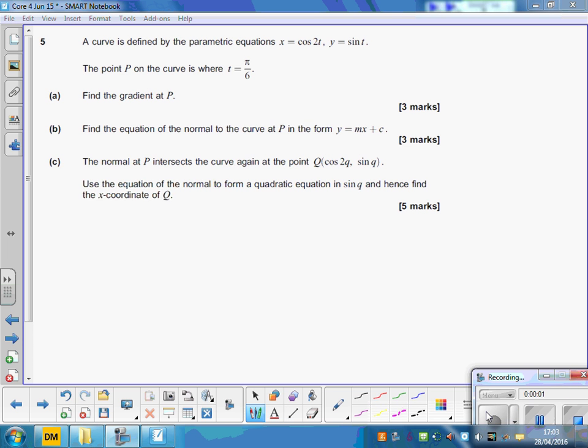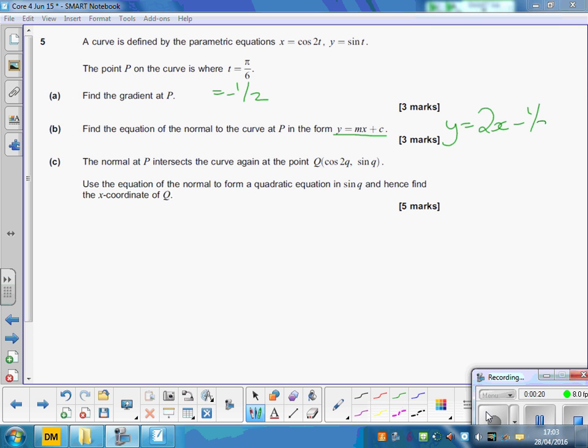June 2015 Core 4, question 5. Just jump into the last part again. The first part was done very, very well. The gradient was equal to minus a half. The equation here, a few people didn't leave it in the right format, but the equation here was y equals 2x